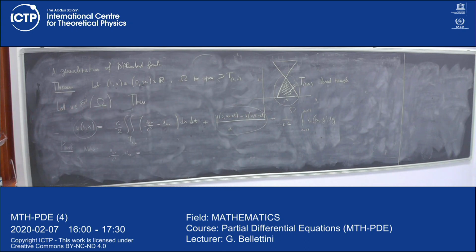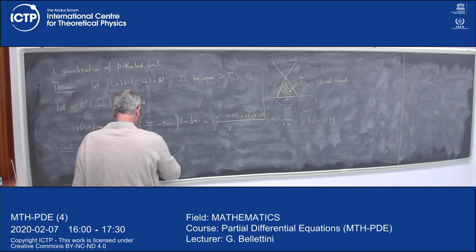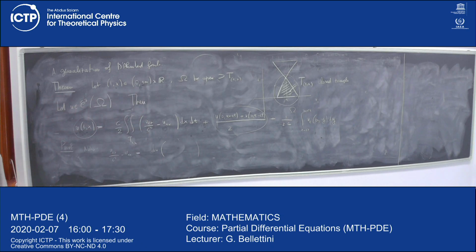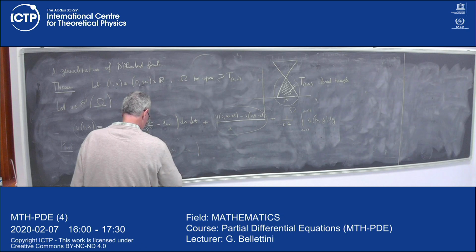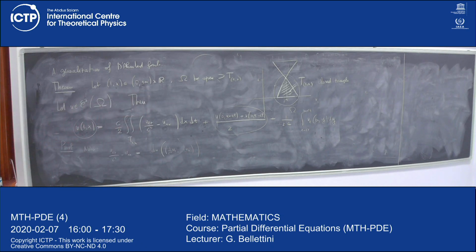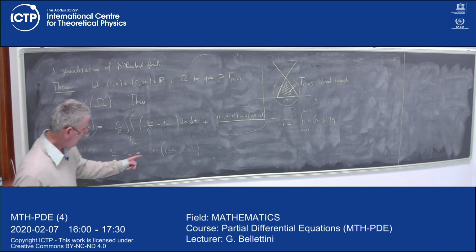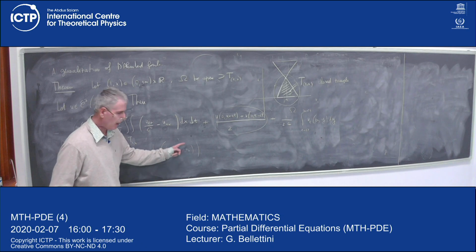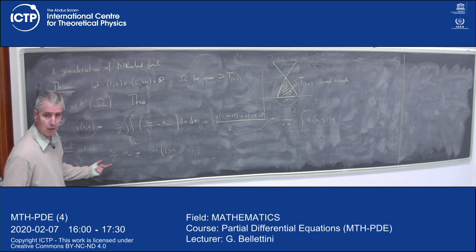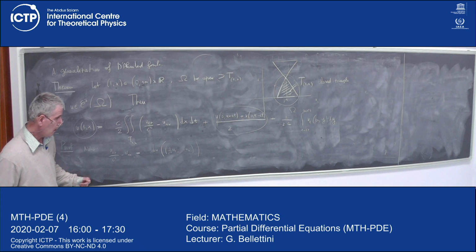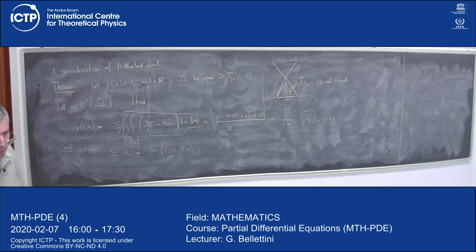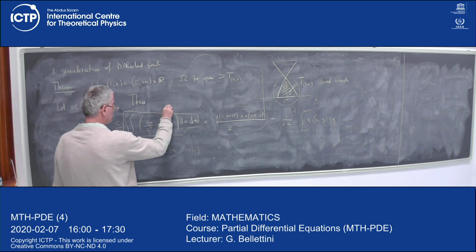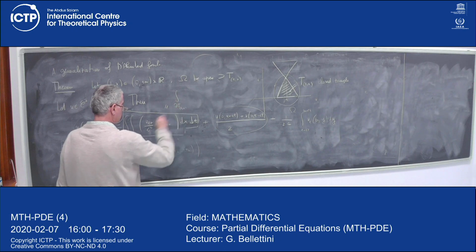So let's try to see this as a divergence. Divergence of what? In time space, which is the vector field of which we take the divergence? I think it's simply 1 over c squared ut and then minus ux. No? If I take the time space divergence, it means time derivative of the first component plus x derivative of the second one, which is simply this. Right? So this means that if we start with this object, we are integrating a divergence. So maybe something happens when we do Gauss-Green. So this alone is equal to